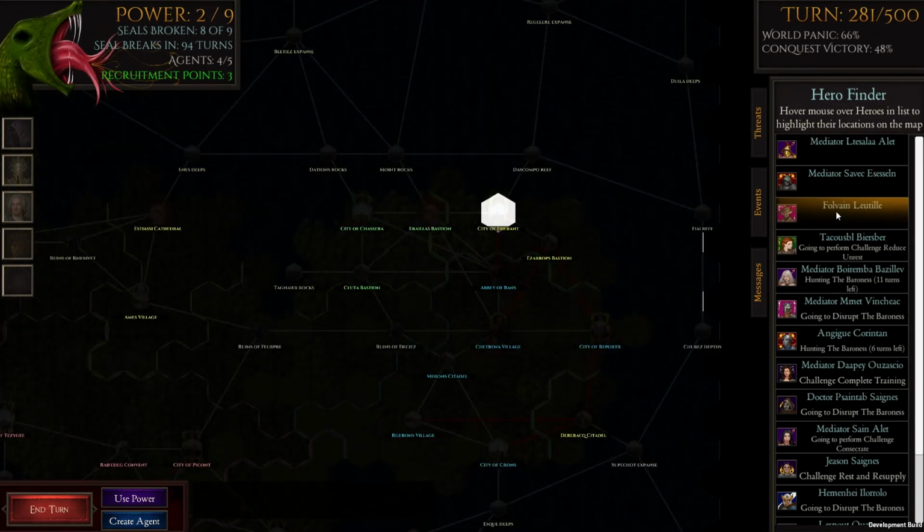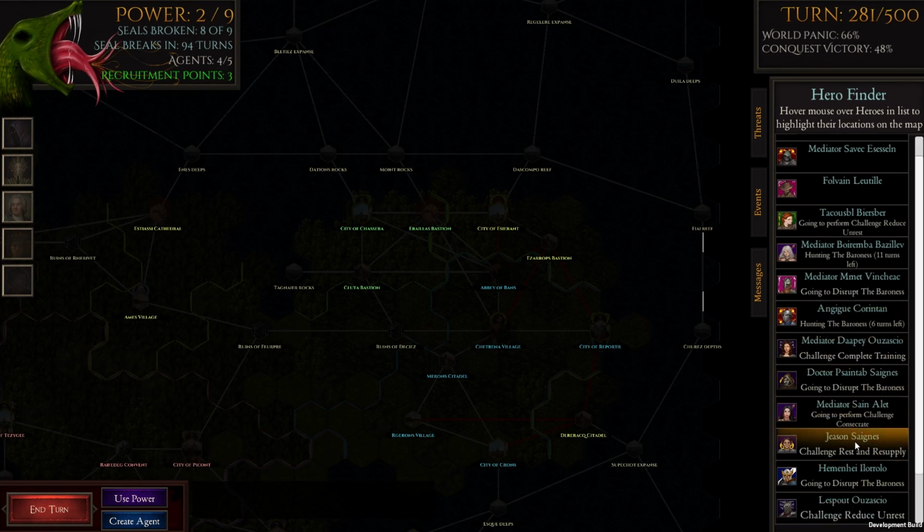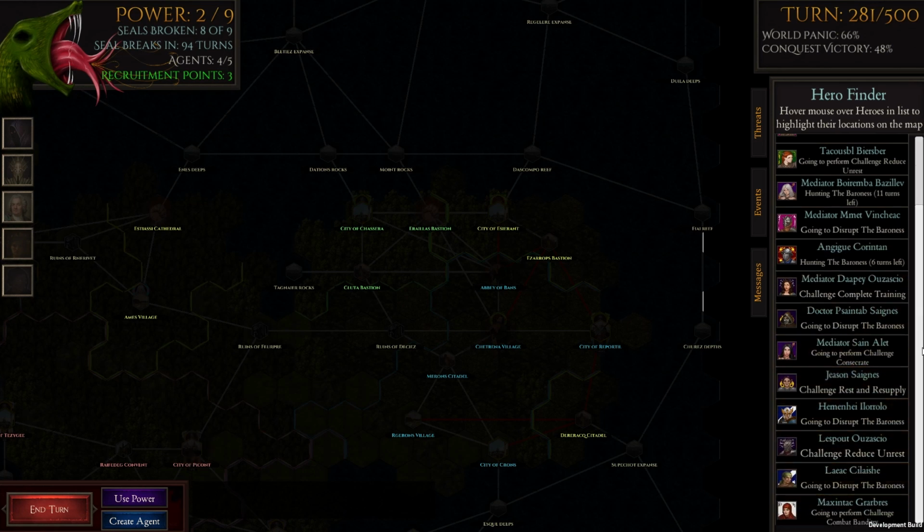And there he is at the city of Esserant. It also tells you what they're doing, as you can see: hunting the Baroness, going to perform challenge, reduce unrest, hunting the Baroness, etc. So you can get a quick overview here of what the heroes are doing to try and fight against you. Critical alerts will pop up on the screen and you'll be notified anyway, but this does